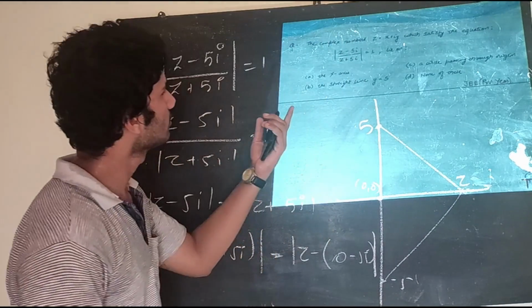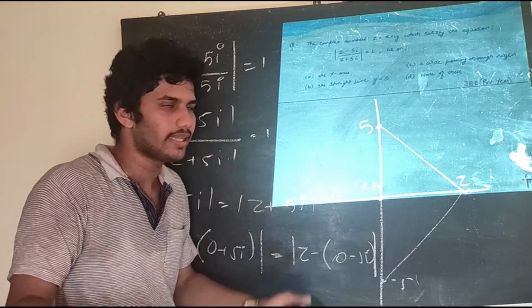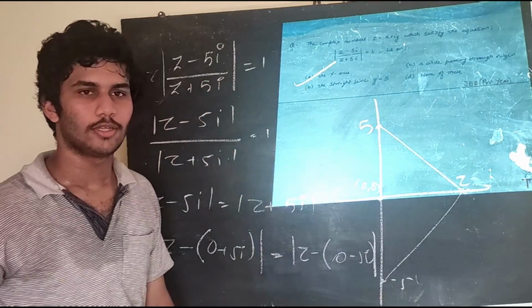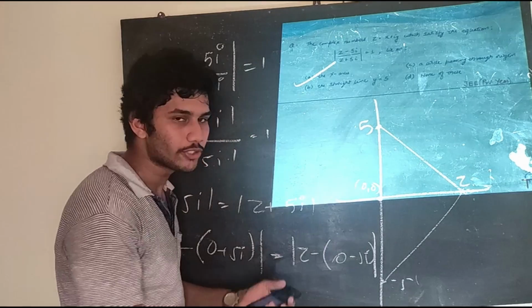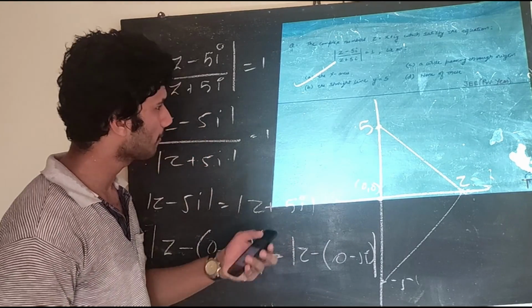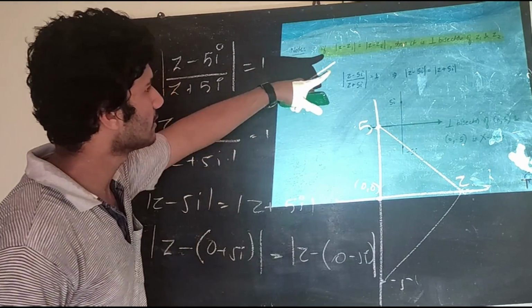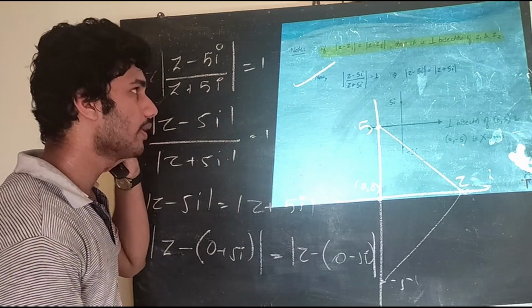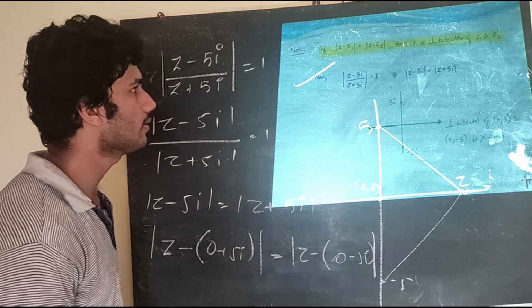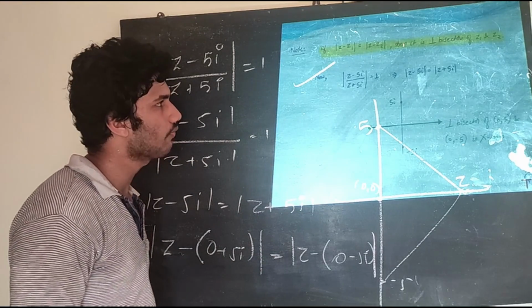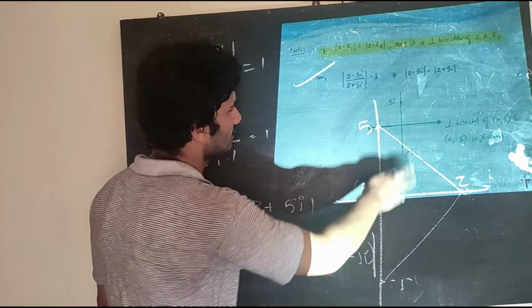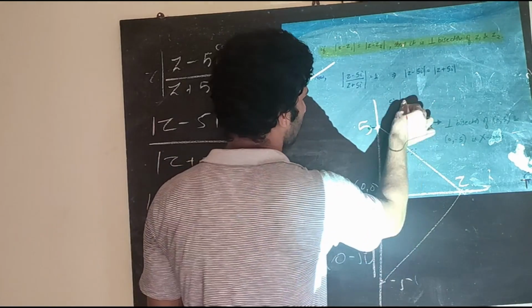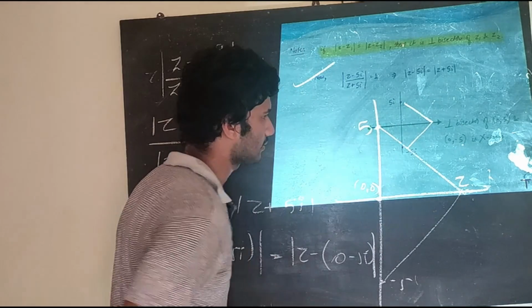So that's the question. Where does z lie? Z lies on the x-axis. Option A. So do you realize how simple it becomes when you geometrically visualize things? Let's move on. This is the thing we have discussed. If modulus of z minus z1 is equal to modulus of z minus z2, then z lies on the perpendicular bisector of z1 and z2. And this is what we have discussed. This is the line and z lies somewhere on the x-axis.